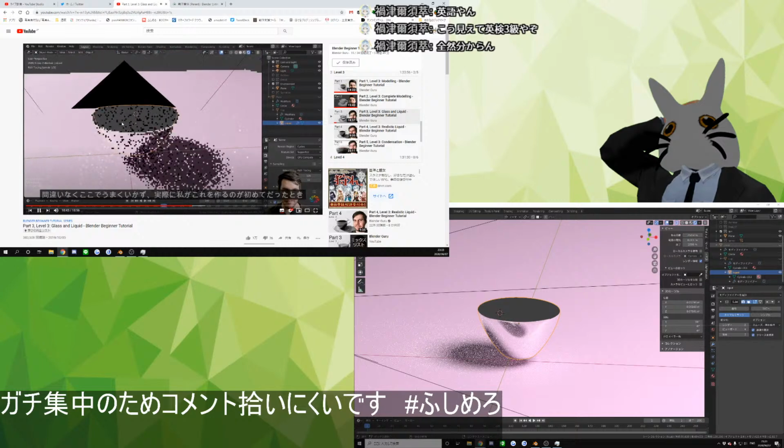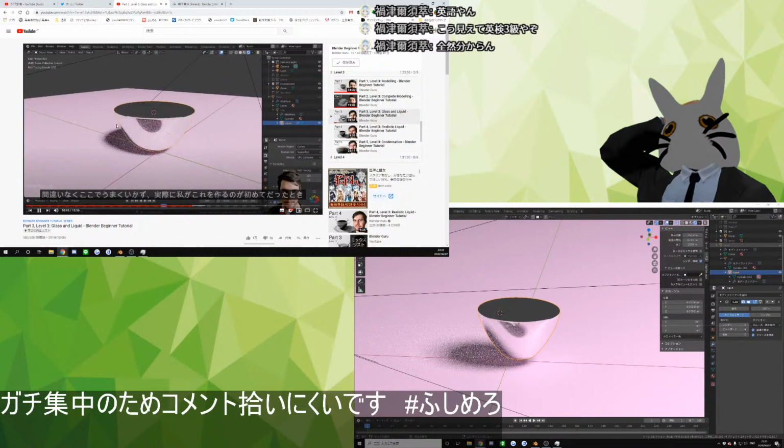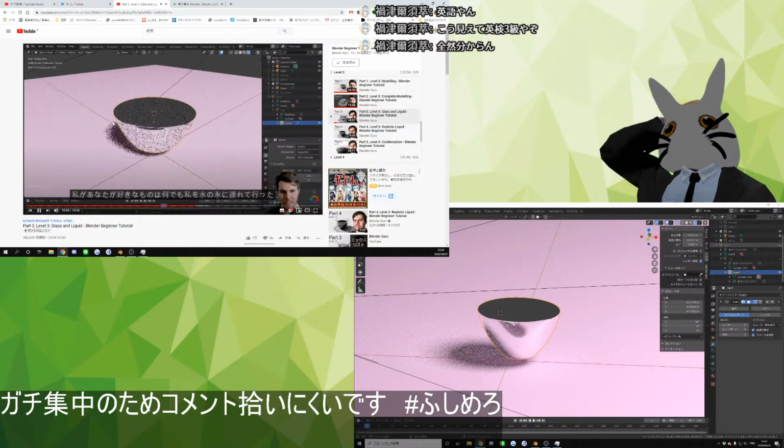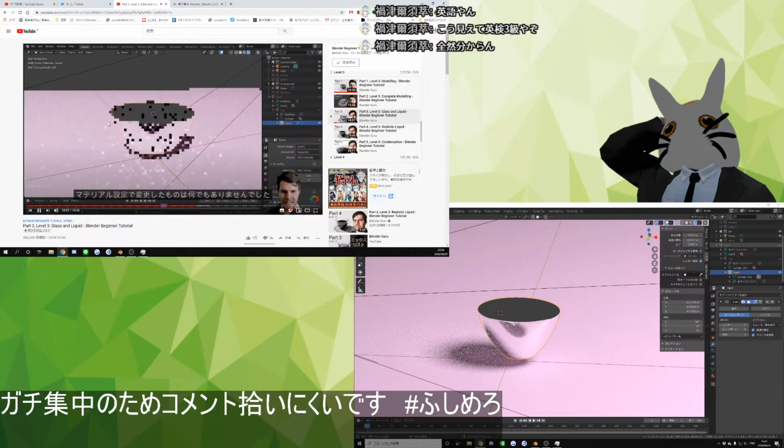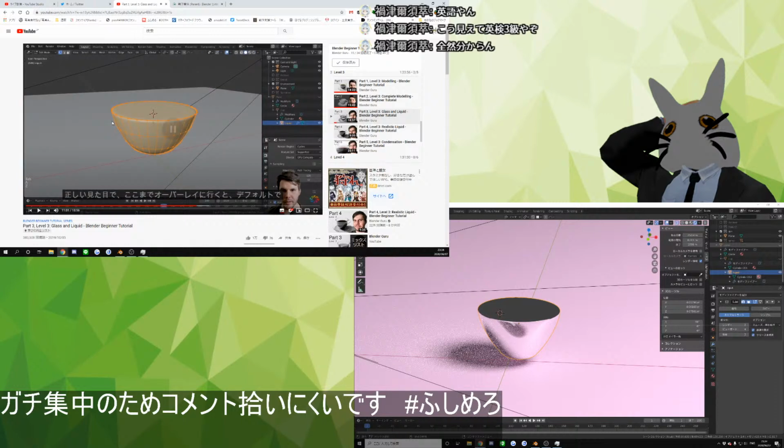Like something's definitely going wrong here. And actually the first time I was making this coffee cup to make the tutorial result, it took me a while to actually figure out why my liquid was just, whatever I changed in the material settings, it just wasn't looking right. And that is that by default,